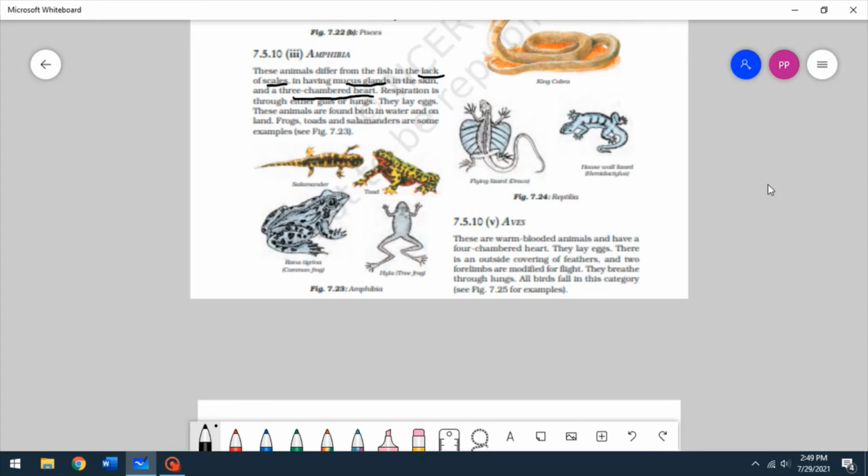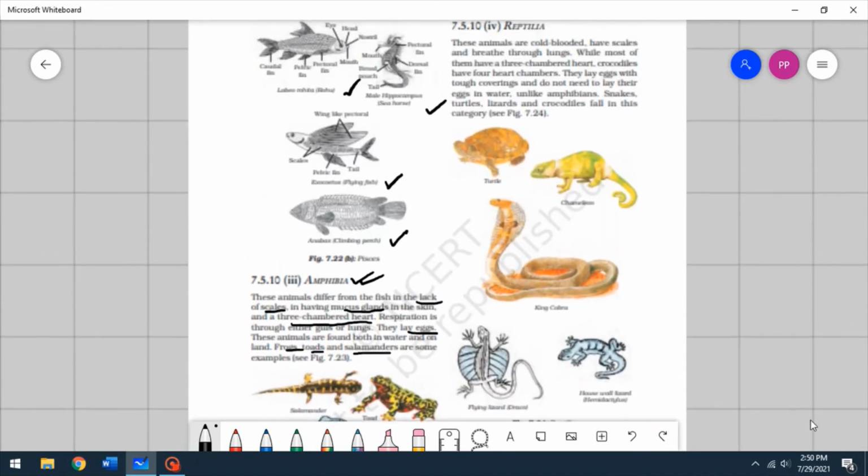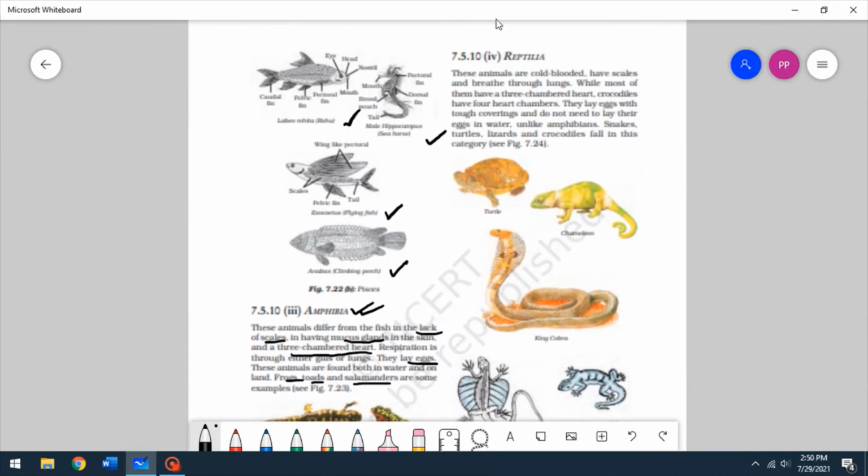Respiration is either through gills or through lungs, because amphibia survive in water and on land. So in water they use gills, out of water and on land they use their lungs. They lay eggs, and these animals are found both in water and on land. Frogs, toads, salamanders are some examples of amphibia. And then we have the 4th class of the phylum Chordata,